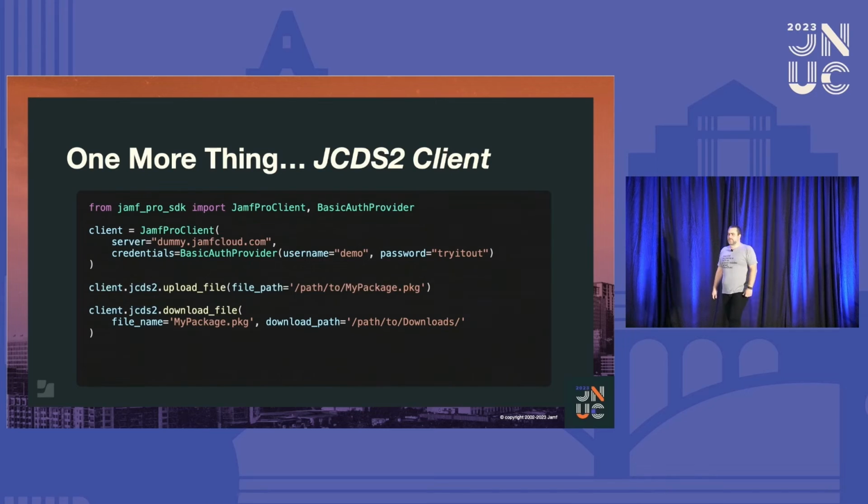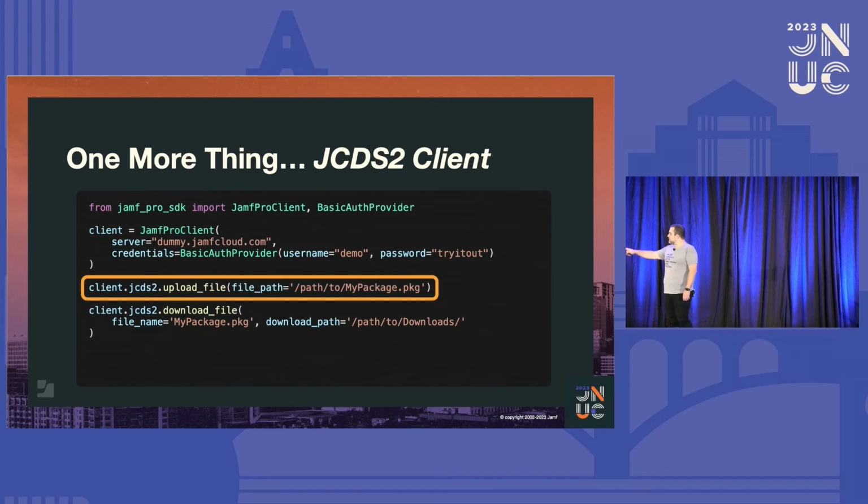The SDK client is kind of interesting because on its own, it handles some of the file operations, but it's really chaining together the classic and Pro API requests that are required to do these upload-download interactions for you. And it has a few other tricks up its sleeve. So, we had the Pro API client, the Classic API client, and now we have the JCDS2 client right here. Upload file, you just pass it the path to the file that you want, and then it's going to,